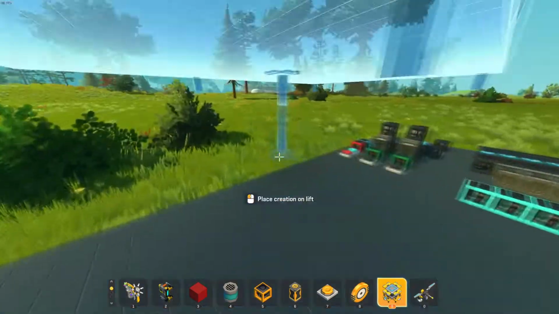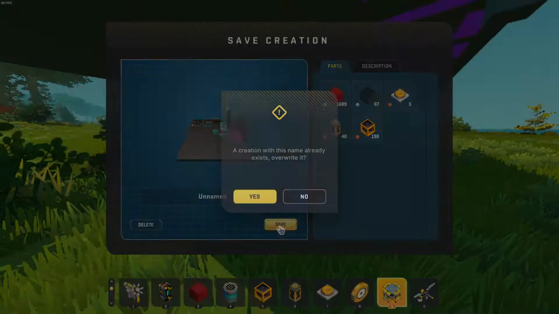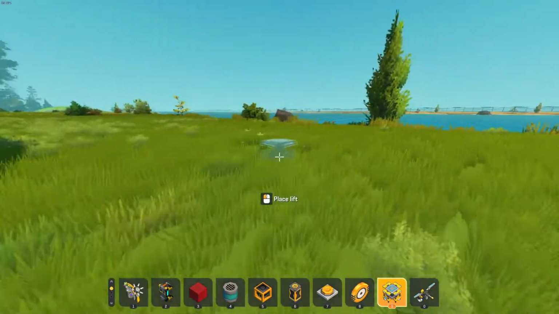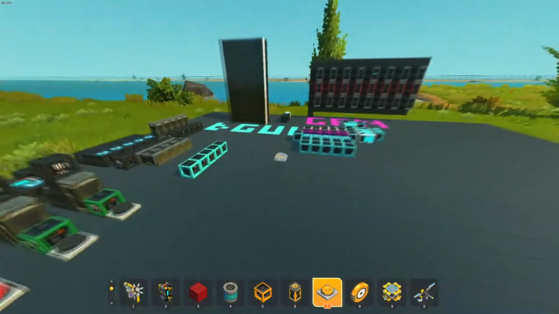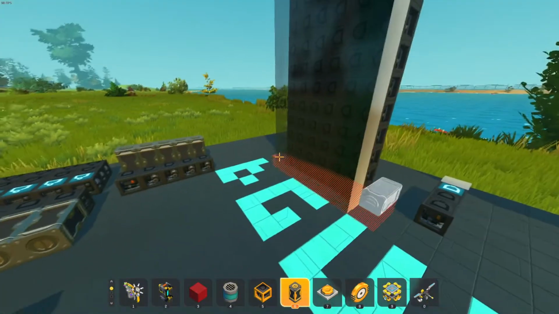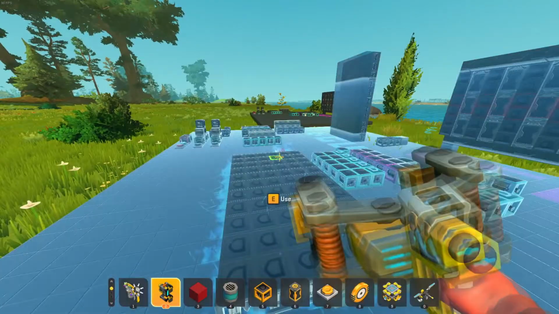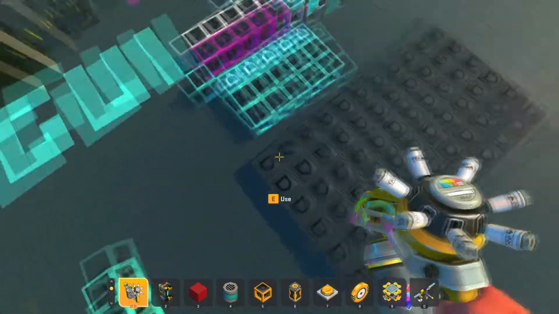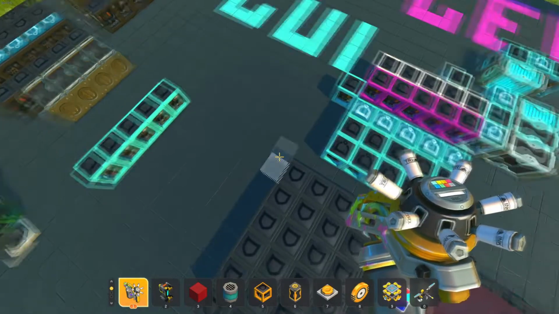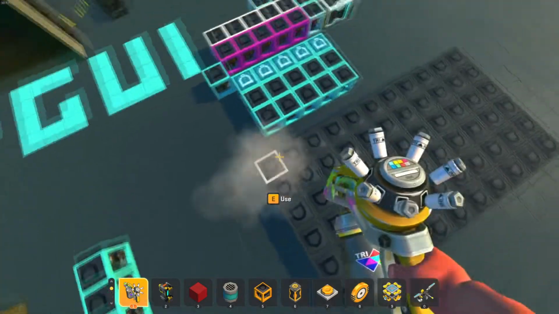So what we're going to do is save this as unnamed. Doesn't matter. Build another one and just take that. Voila. And we're still going to keep that. The playing field is actually 5 rows, but we're going to keep this one